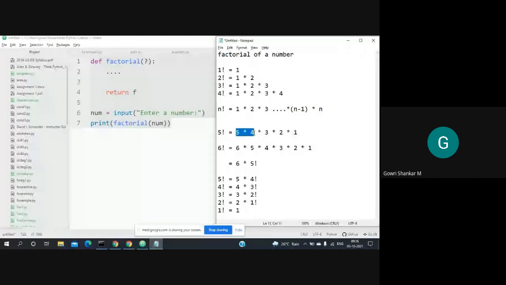So to start with, say you have 5. Suppose I need to find the factorial of 5. So I have a result, that result is my f. Let us assign f is equal to 5. Then you have to repeat this until this 5 hits 1. This 5 is what you get inside the function, so let us call it n. Every time you decrement: n is equal to n minus 1.